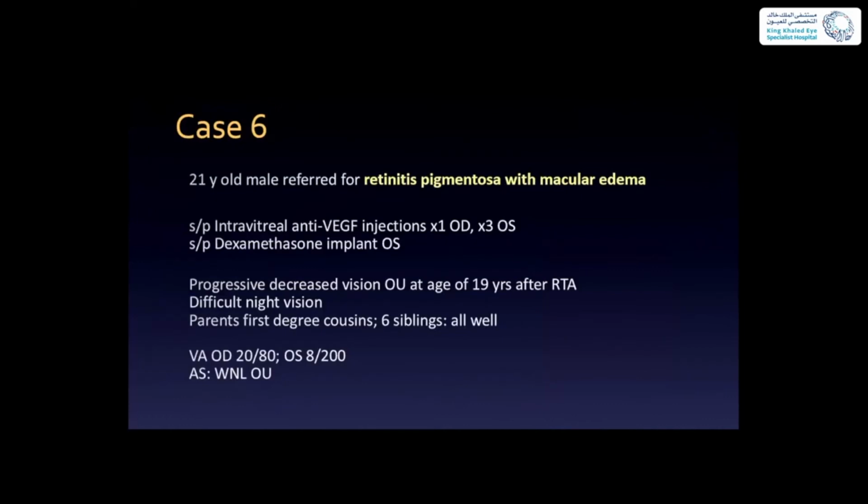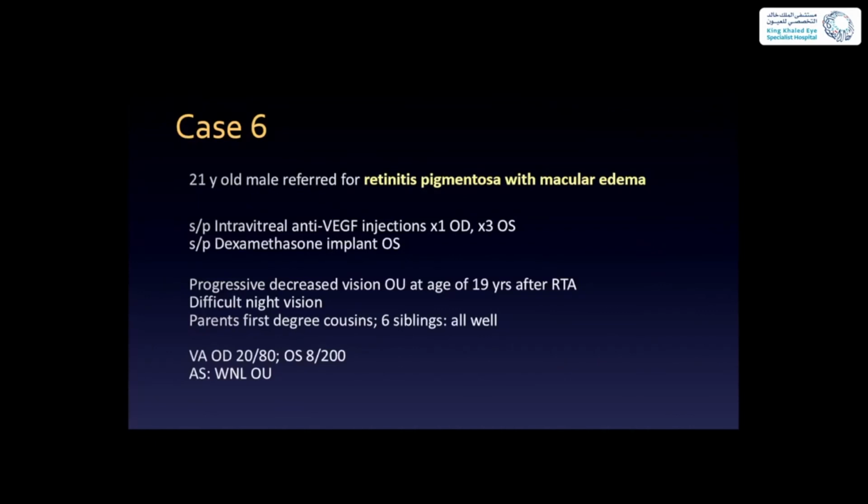Case number 6. This is a 20-year-old male. He was referred for retinitis pigmentosa with macular edema. Before coming to KKESH, he'd had 1 intravitreal injection of anti-VEGF in the right eye, 3 intravitreal injections in the left eye, and even a dexamethasone implant in the left eye. He's been complaining of progressive decrease of vision since the age of 19 years after he had a road traffic accident. But when we dug in a little bit more, we questioned, and he did have night vision problems. His parents are first cousins, and he has 6 siblings who don't have any